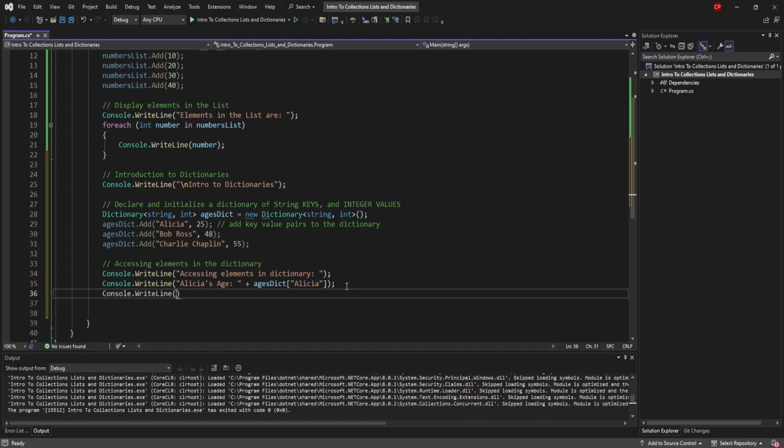We're going to do the exact same thing, and we're just going to change it to Bob Ross. Bob Ross's age, space, and then plus, and then ages dict, and then bracket, and it has to be the same or it will error out because it won't know what to look for. One more time,